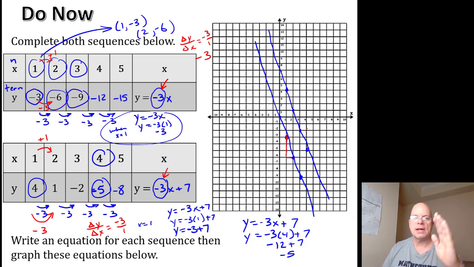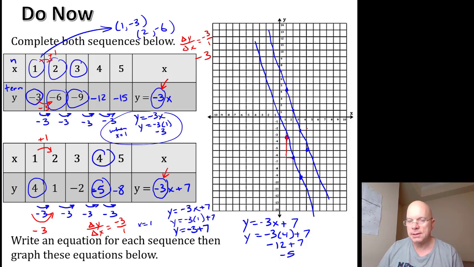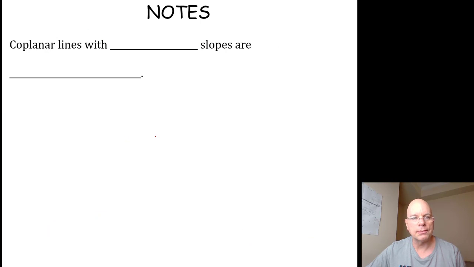If two lines have the same slope, it only makes sense that they would be parallel lines, right? If they have the same slope, they're not going to intersect. So this is revealing that the slope has always been there in these equations. We wanted to play around with what slope meant before we revealed that to you. Okay, so for your notes,